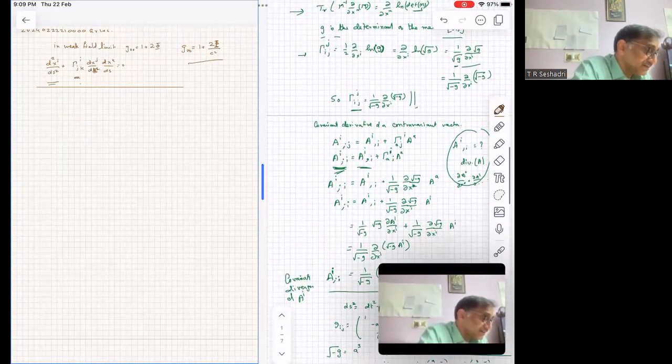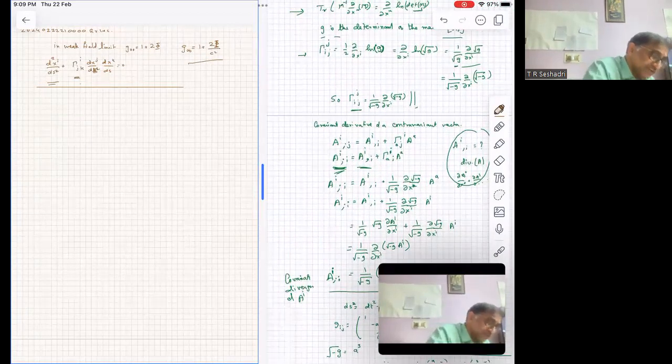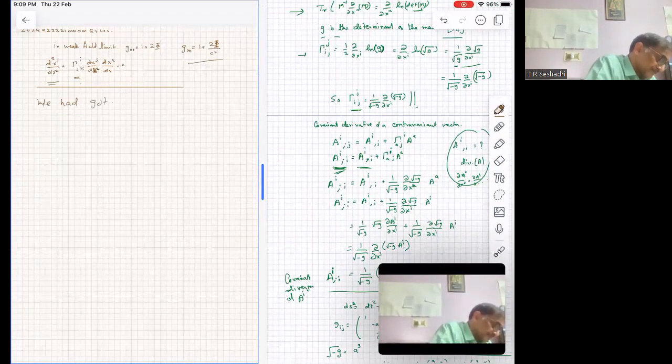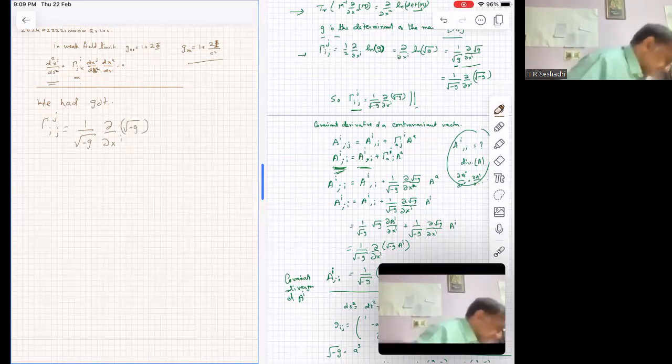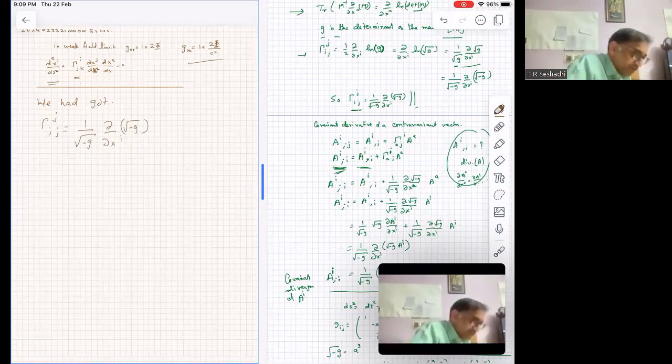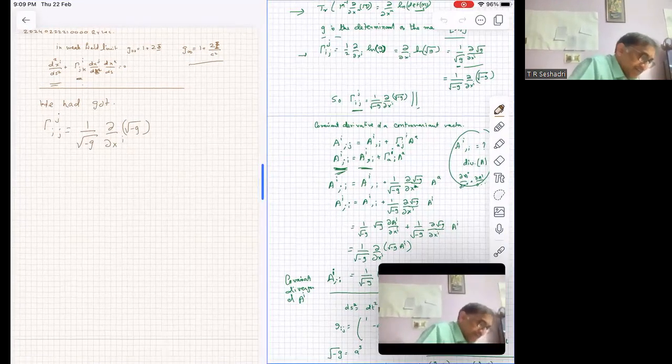Yeah, this one. So we had got the equation gamma^j_{ij} is equal to 1 by square root of minus g del by del x^i of square root of minus g. We had got this, correct? And we also showed from here that